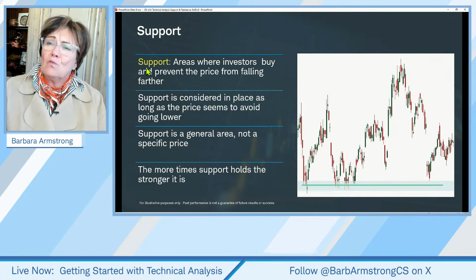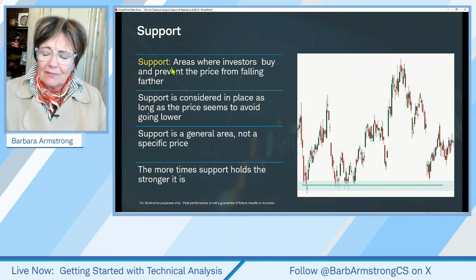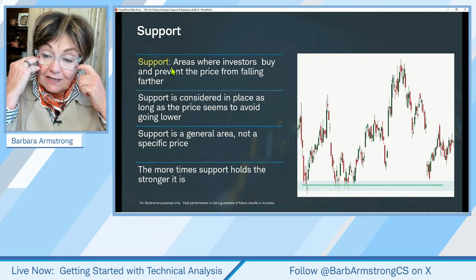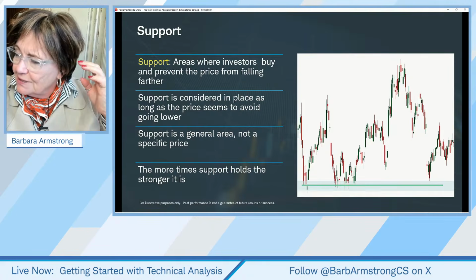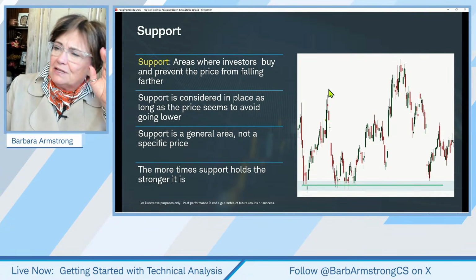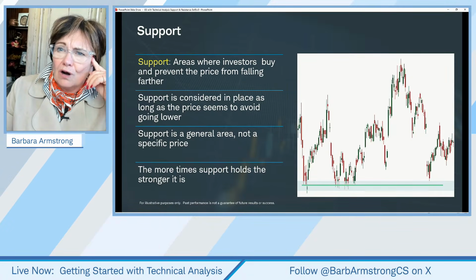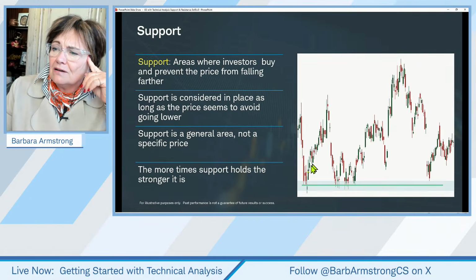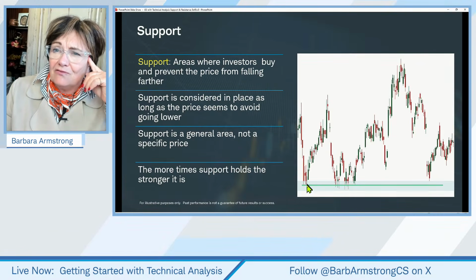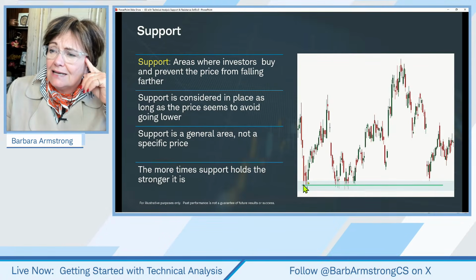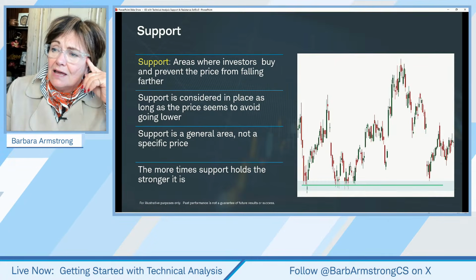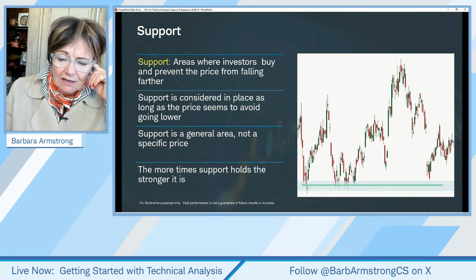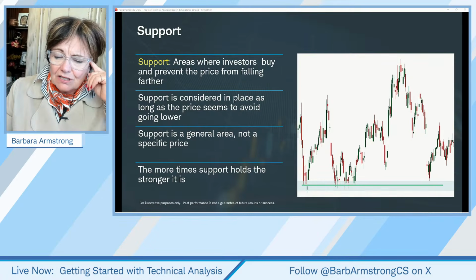Okay, so what is support? And I used to find this confusing in my little brain. So if you find this a little confusing sometimes, join the crowd. But support, I think of as the floor. It's an area where, if the price has been falling, buyers tend to step in and prevent the price from falling further. And we can see in this example here that it's come down to this support level,